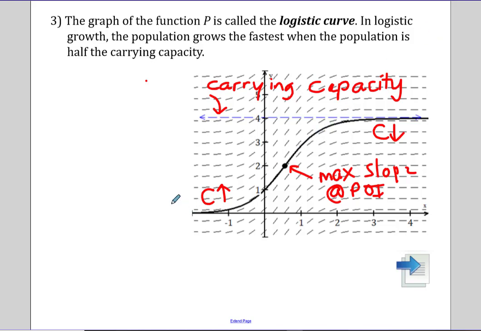And we're approximately exponential right in here, you can tell. So the graph of the function is called the logistic curve. And in logistic growth, the population grows the fastest when the population is half the carrying capacity. So that's where we're growing the fastest. The maximum value,